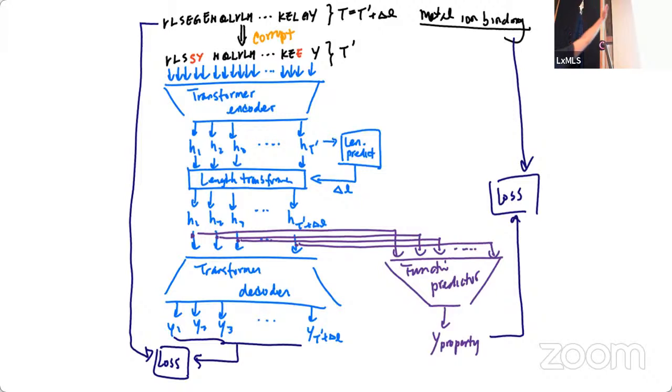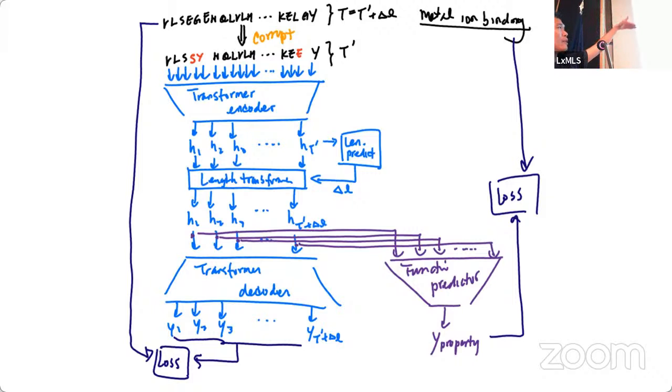So in the case of proteins, you can imagine a single protein as literally a sequence of letters, where each letter is one of 20, or 22 if we start counting the non-canonical amino acids. Then we apply some corruption that may change the length. So we're going to drop some of them and add some of them. And then we feed that corrupted version into a transformer encoder.